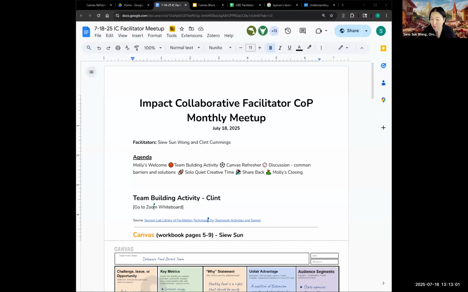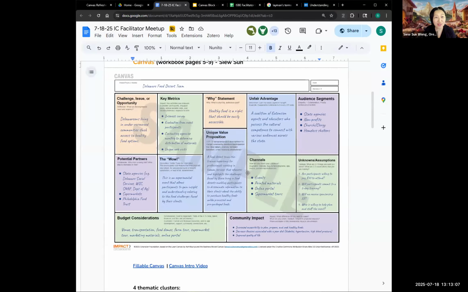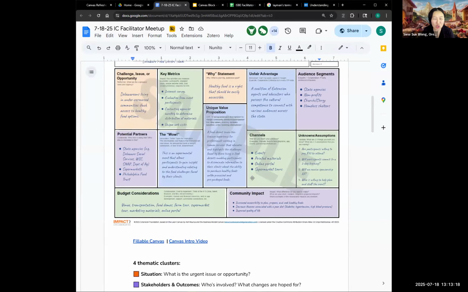Let me go to the Google Doc. This is very familiar, the Delaware Food Desert team as an example in the canvas. Just imagine, if we look at this canvas again and close our eyes, what colors do you see?